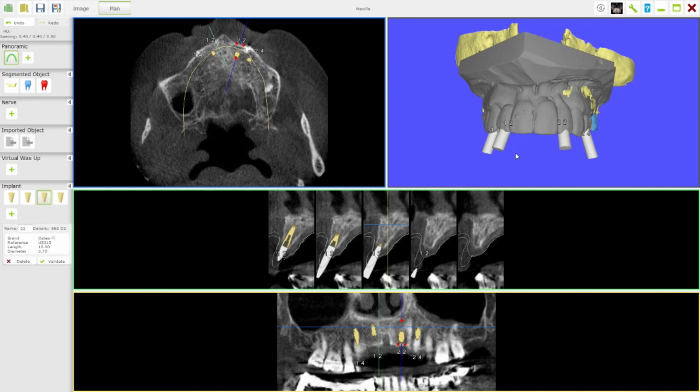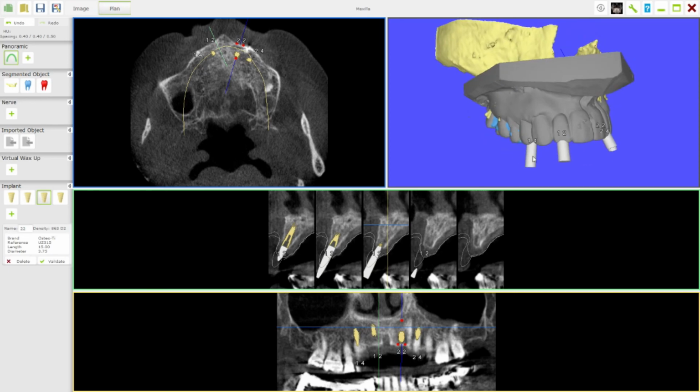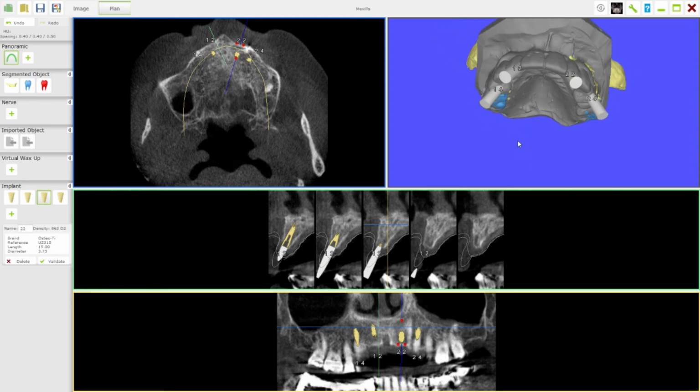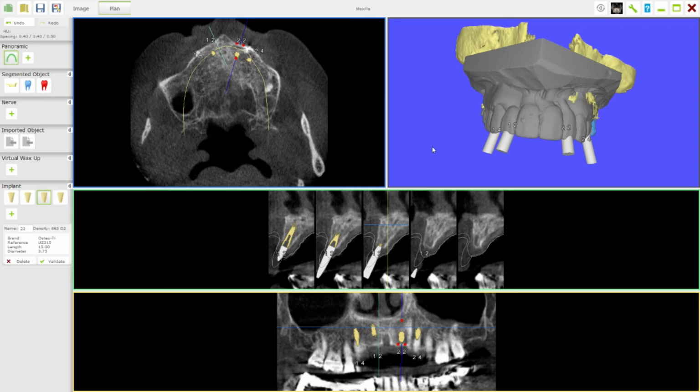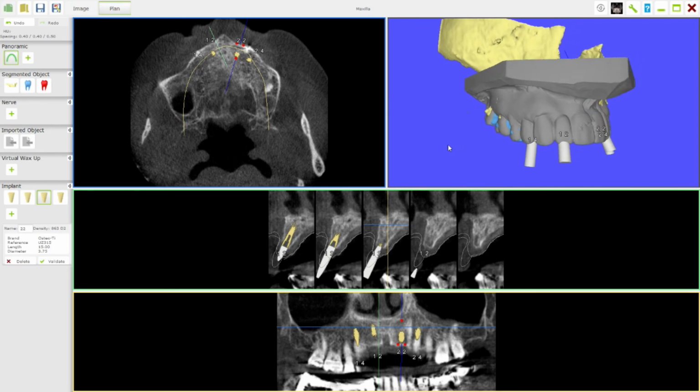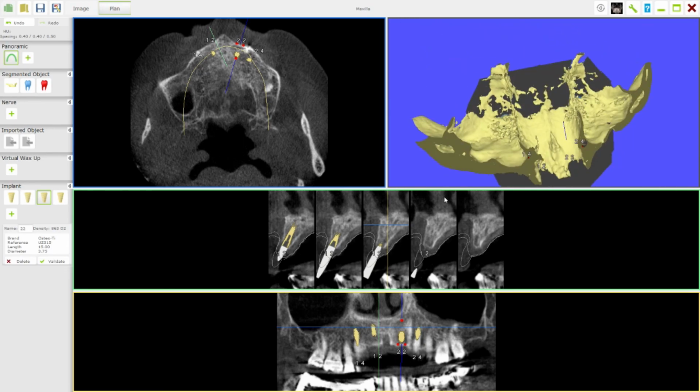Even the most adept implantologists can only position within about 3 millimetres of the actual true position of where he wants to be, whereas this gives you positioning within 0.3 of a millimetre. So far more precise, far more guided, and a lot more security if implants are new to you and these are your first cases. And especially a big case such as this, you're now quite confident that the implants aren't